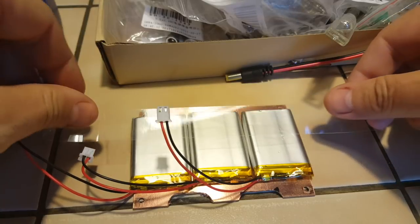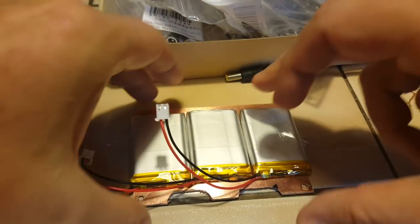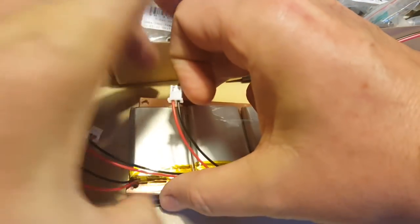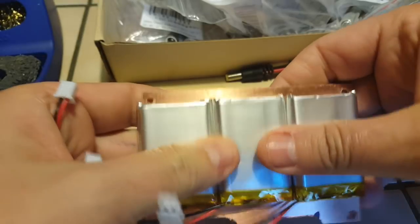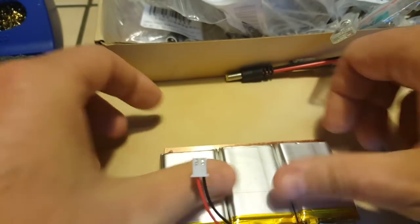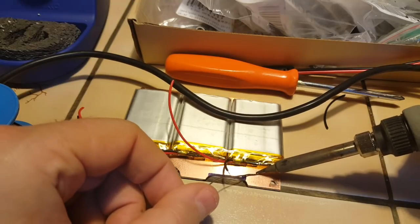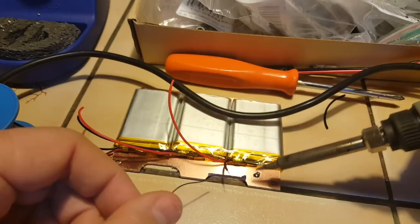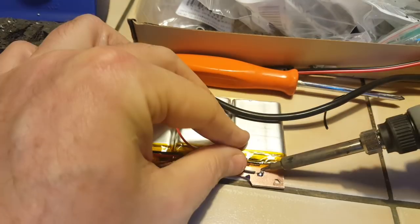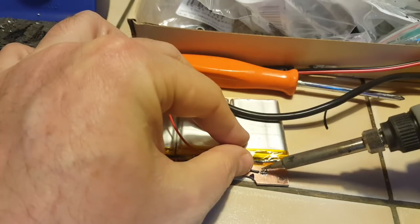I'm using a piece of scotch tape to attach the batteries to the circuit board. I'm just going to leave them like that. I might have to change them later. That's it. And now moving on to soldering the contacts, with the minus of the battery pack soldered to the circuit board so that it acts as a shield. And then I'm going to be